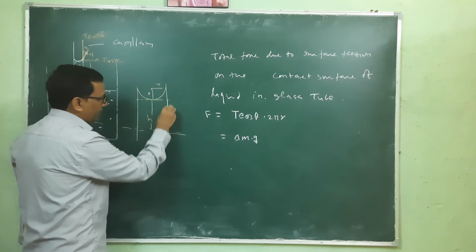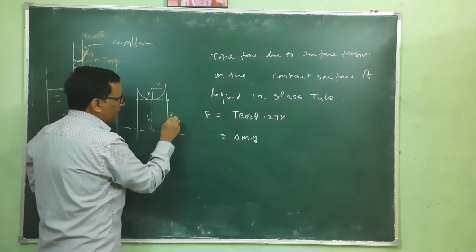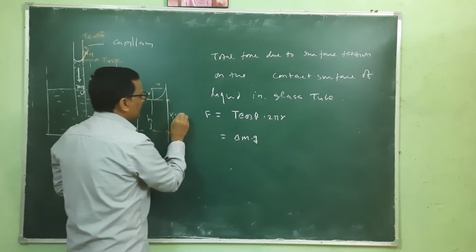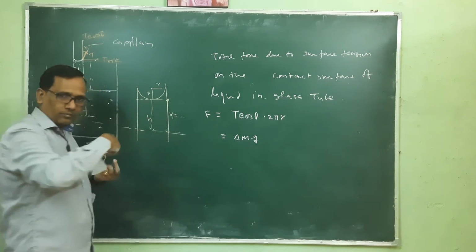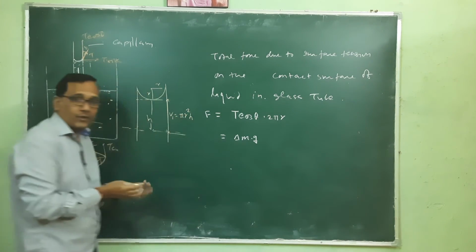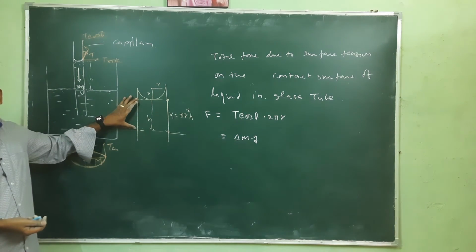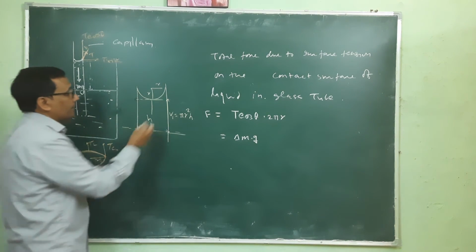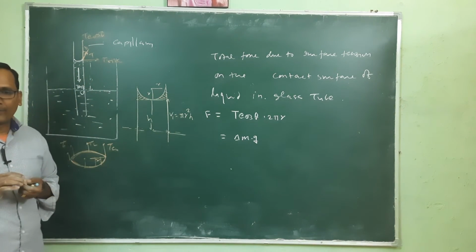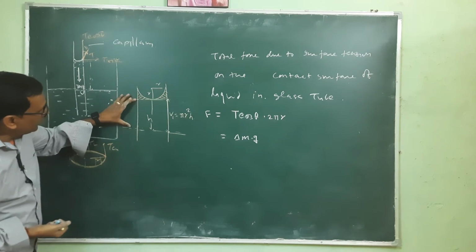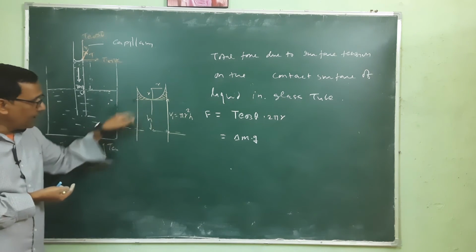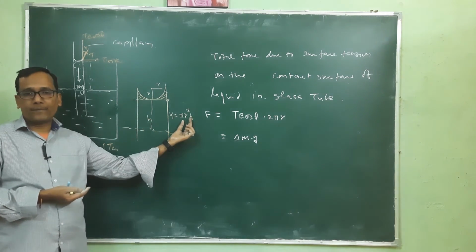So in this part, here to here, this volume, V1, has a total perimeter of 2 pi r and height h. The total area is pi r square. So this part is equivalent to pi r square multiplied by h. But some extra liquid is here also. So the volume of liquid in this column, this is just the volume of a cylinder, with height h and area pi r square. So the volume will be pi r square h.